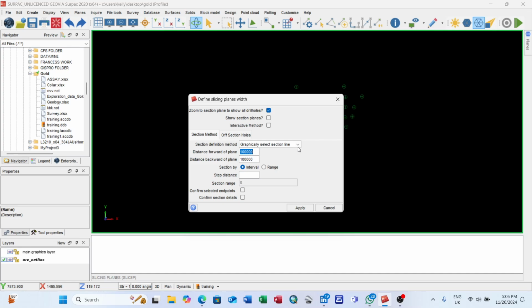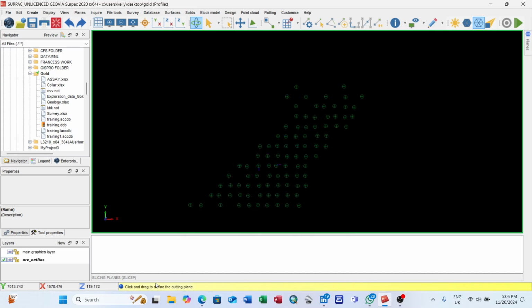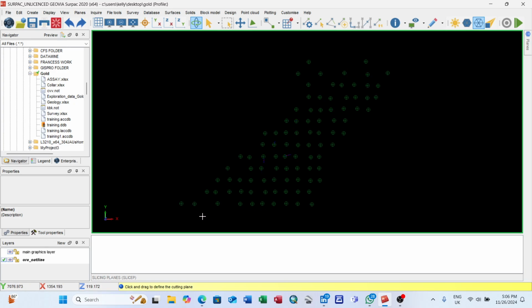We always check for the drill hole interval, the space in between the drill holes. So I just want to use 10 as the interval step distance. I apply. The option it gives me is click and drag to define the cutting plane. The section is first. So what I need to do is left click and hold and drag,